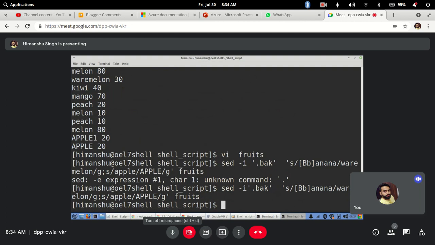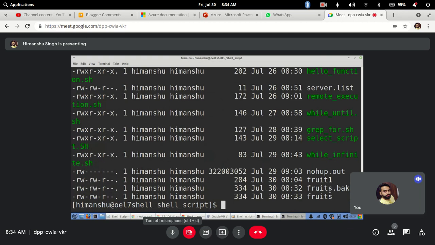So hyphen i says replace that file, but before that take the backup. If you see, it has automatically taken a backup, fruits.bak. Whatever I have given will be the extension of that file, and then it will replace your original file with whatever content you want.